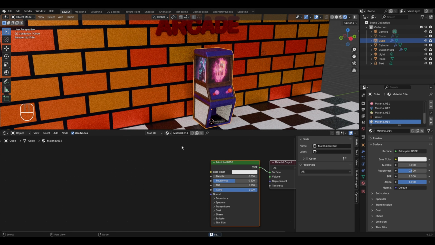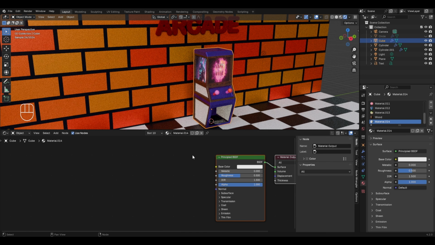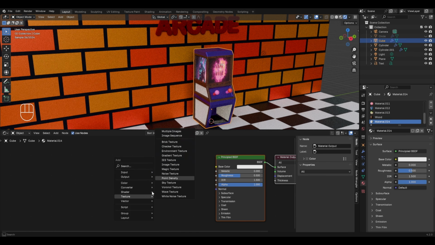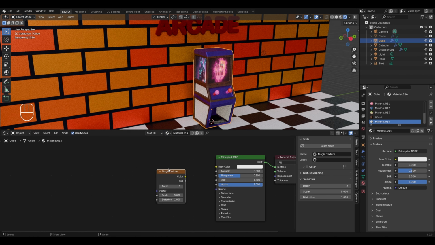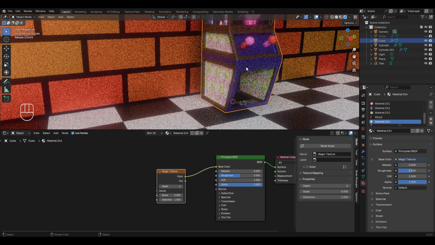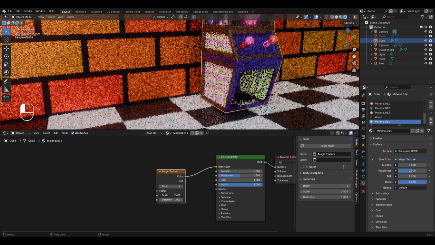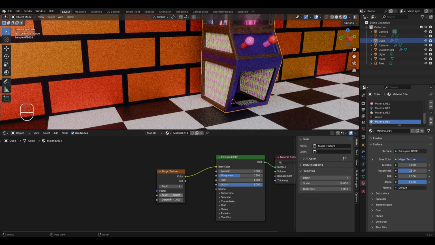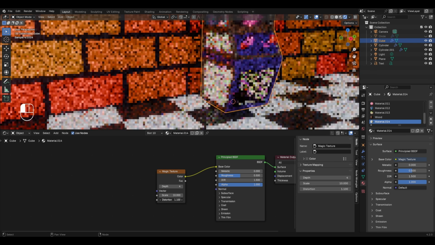Now to create a material with the magic texture, go to the shader editor, press shift plus A, then go to texture and select the magic texture node. Let's place it over here and connect the color socket to the base color. After this, in order to make it look complex, I'll first increase the depth to a value of 4 and then I'll also increase the scaling value from 5 to somewhere around 10 or 15. Then go to distortion and let's increase it up to a value of 3 or 4,